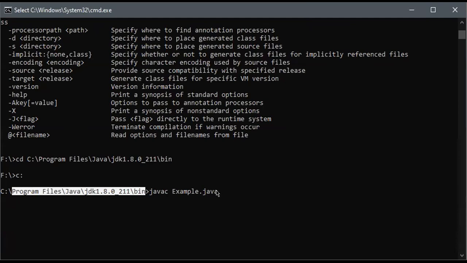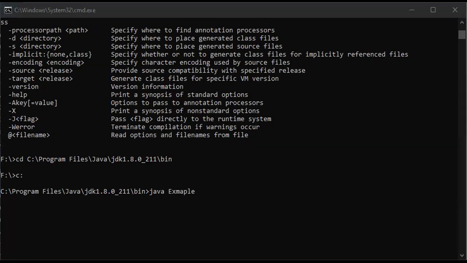How are you going to run this? Because it is not available, that doesn't matter. Just remove this. How are you going to run the program? By using the class file. Only after the compilation will the class file be available: Example.class. I already told you about that. I just want to show you that one also.